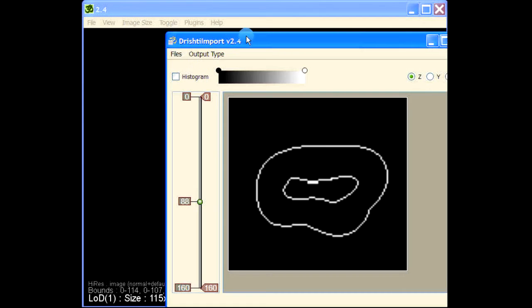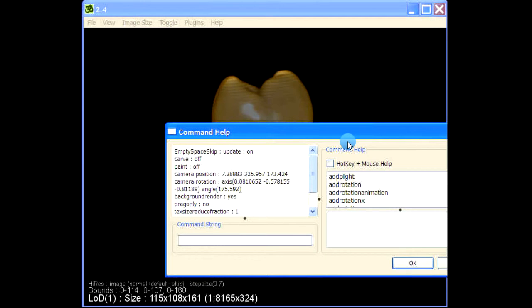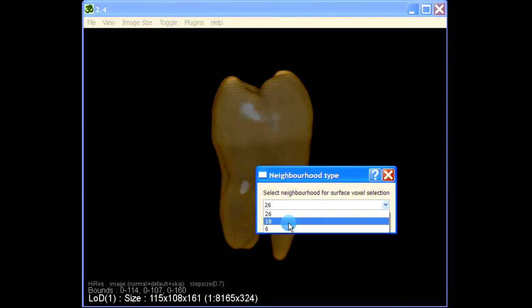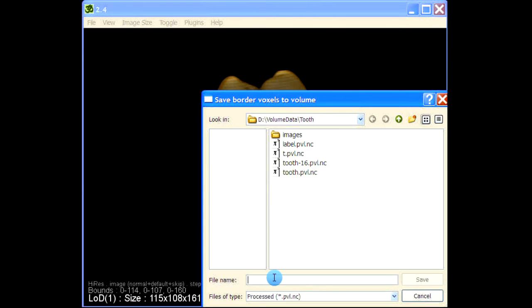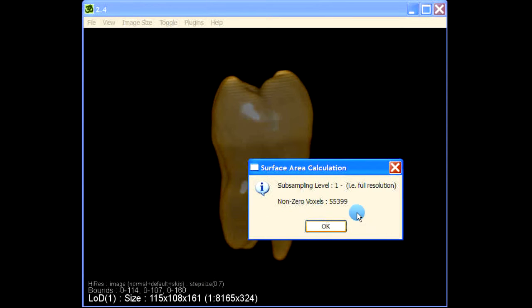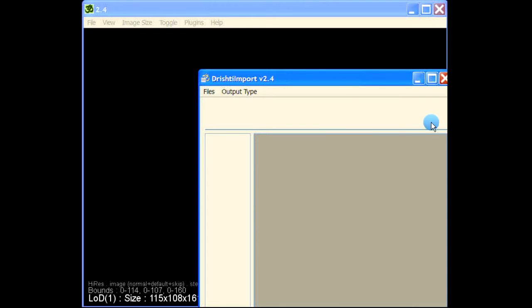using this transfer function. Now let us save, get the surface area, now this time with 18 neighborhood. Let's again save it, say T18, and as you can see the number of voxels that contribute to the surface area has grown because your surface is a bit thicker, and we will see that